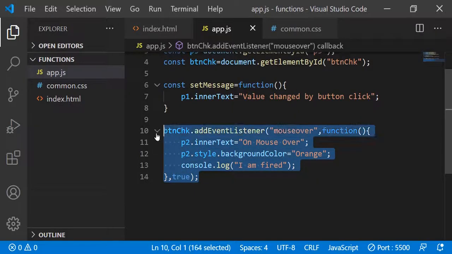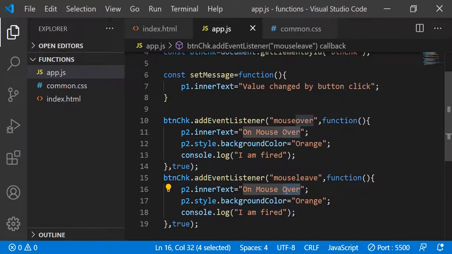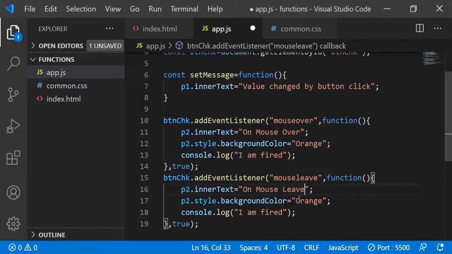I will set one more event, mouse leave. Now on mouse leave, instead of orange, maybe I will use yellow.